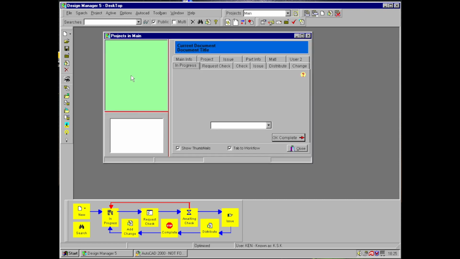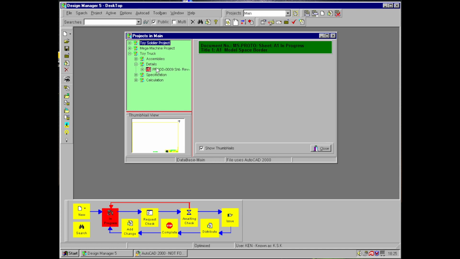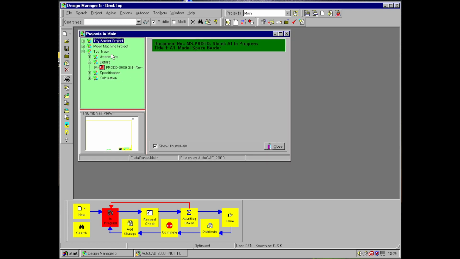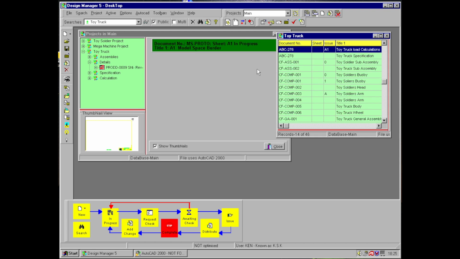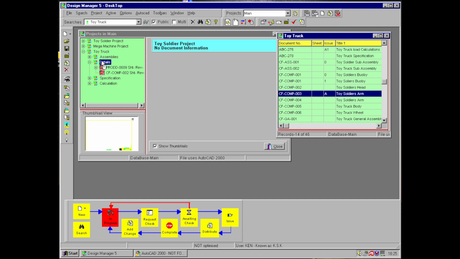Let's return to our project view. So here we see our new detailed drawing. But we need to add some other drawings to this project, and they've already been done. So let's just select them. And we have other details here, so we'll take the toy soldier's head and add it to our detailed drawings. The arm,